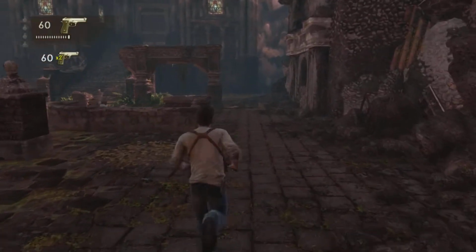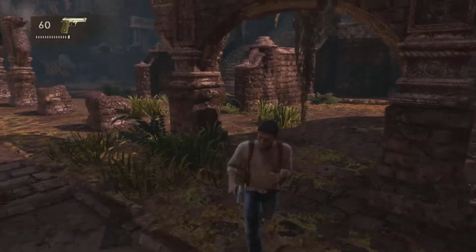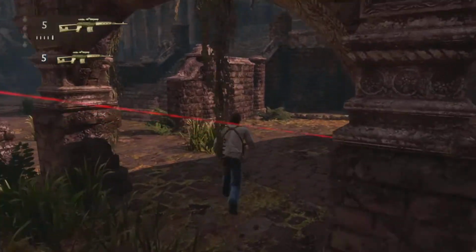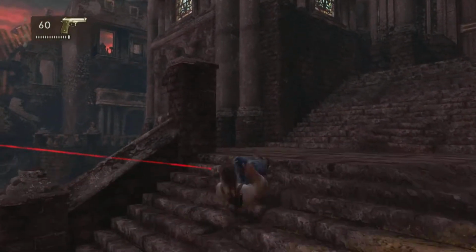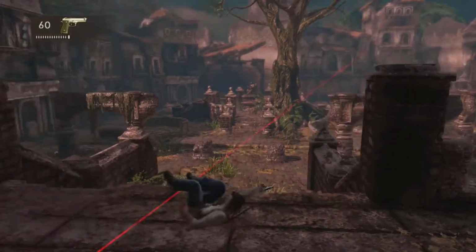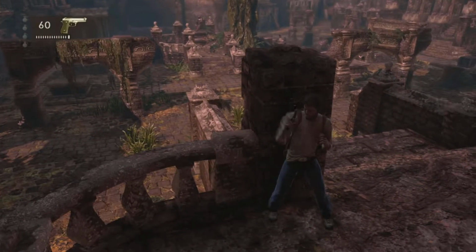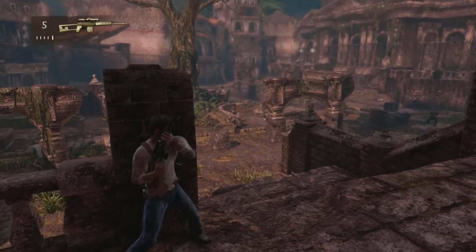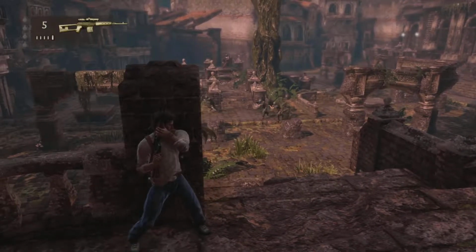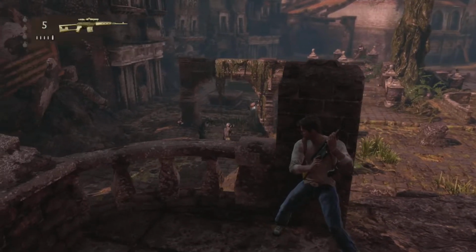Mainly because it's the same kind of format as with chapter 13, where you have this big encounter in the courtyard, and then you have another encounter inside of the church. And for this courtyard encounter, you're going to be doing the exact same strategy that you did back in chapter 13, where you're just going to be sitting behind a pillar, and the AI will prioritize Sully, and you're just waiting for the right opportunity to shoot these guys when they're in cover, or when they're just preoccupied with Sully,